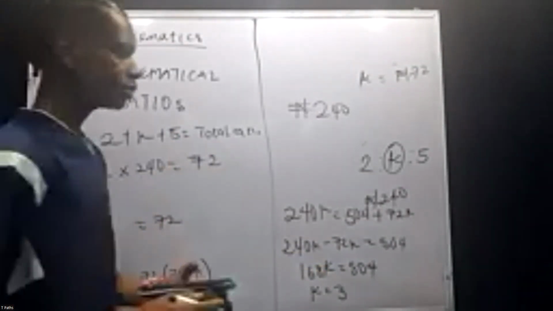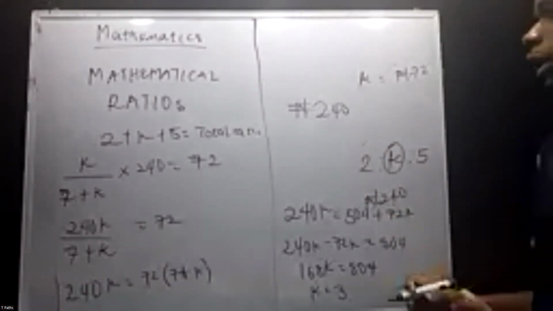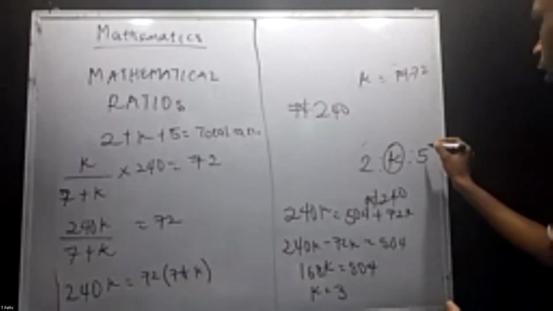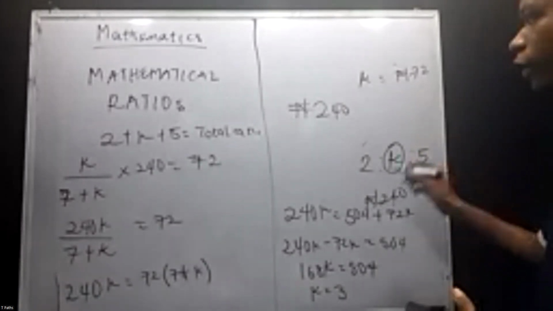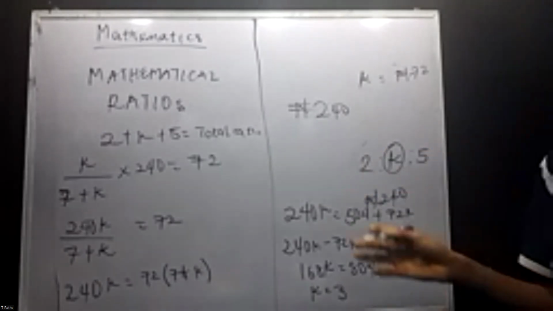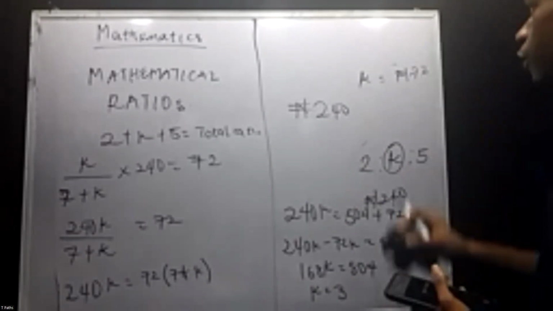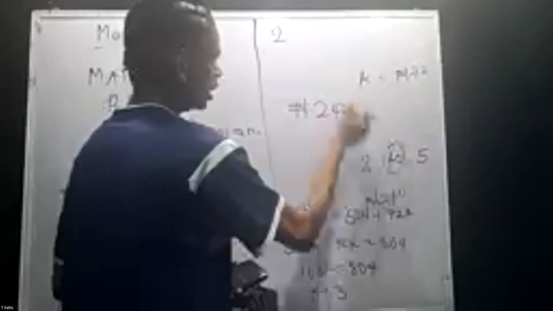Now, just for the sake of explanation, I would want to calculate the amount that the boy with ratio of 5 is going to get. And then after you calculate all the amounts they get, it should equal the total amount shared. So let's see if we'll get that. Firstly, I would like to repeat this. Since we've calculated k as 3,